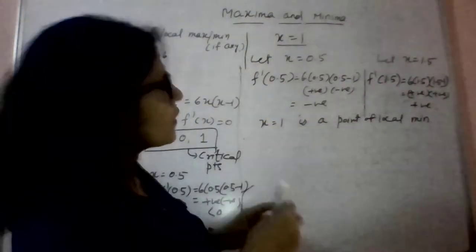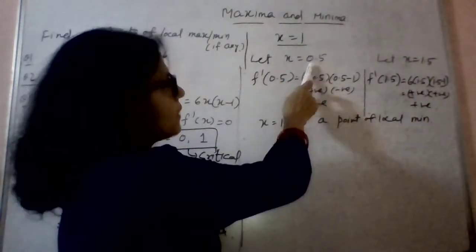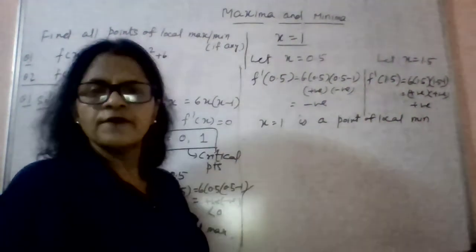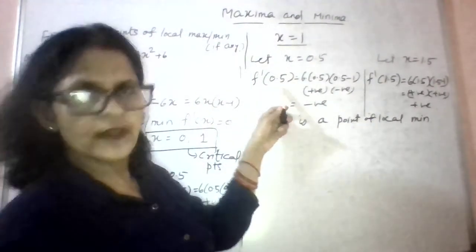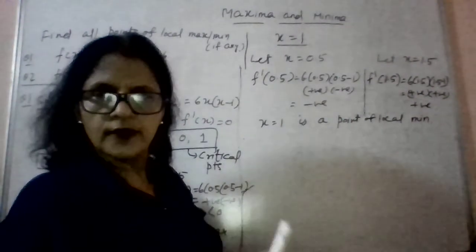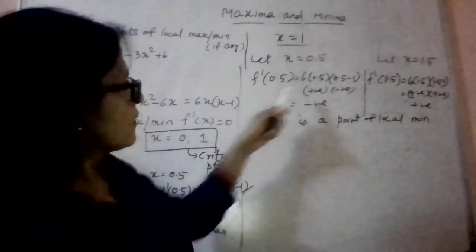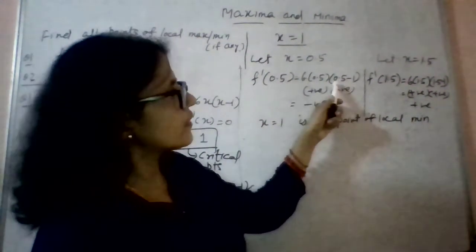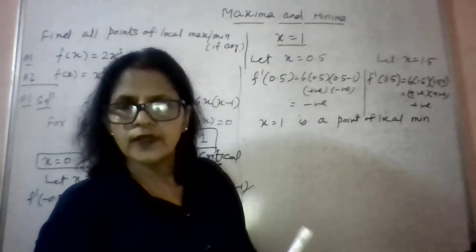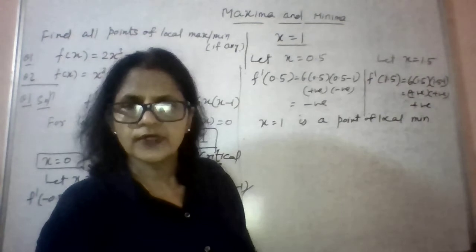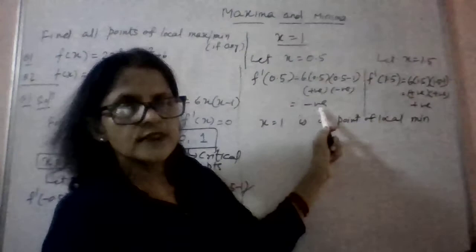So checking for x equal to 1 here, again moving from left to right of x equal to 1. From the left means you take any point to the left side of 1, that is 0.5. So when you take f dash 0.5, it means the sign of the derivative at x equal to 0.5. We are getting here 6x into x minus 1, means 6 into 0.5 into 0.5 minus 1. As I said, we do not want calculation here. We want positive or negative. So do not waste your time by making such calculations. Right? So it is positive into negative, that is negative.